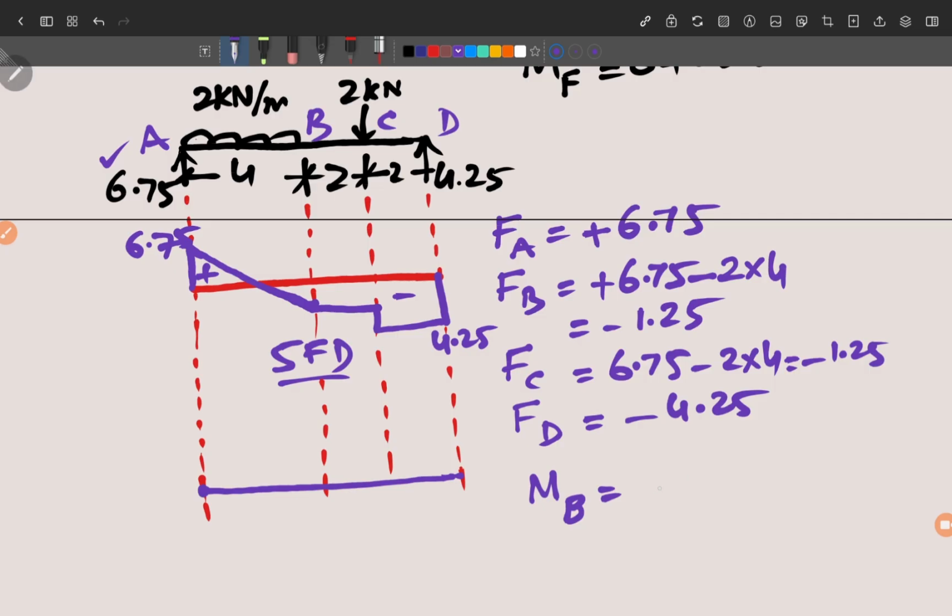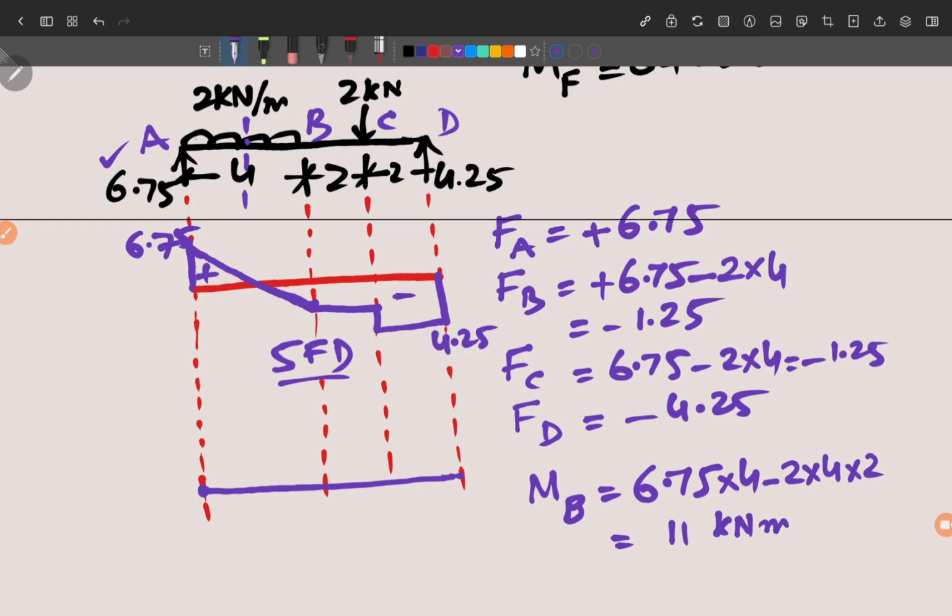So here we can simply use this 6.75 into 4, which will be sagging, and this 2 kN per meter, which is acting downward, will give you hogging moment. So we can say here minus 2 into 4 into the distance 2 from the center of this UDL to point B. So this way we get the value of MB. So moment at B, how much? Let us get this value. Moment at B we get 6.75 into 4 minus 2 into 4 into 2. Okay, so this is equal to 11